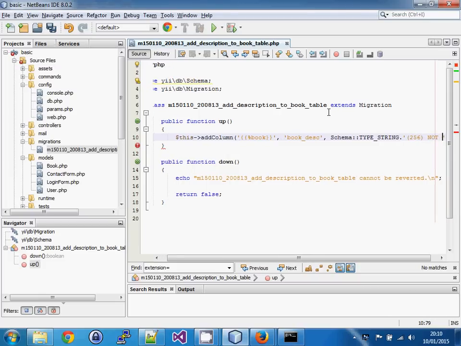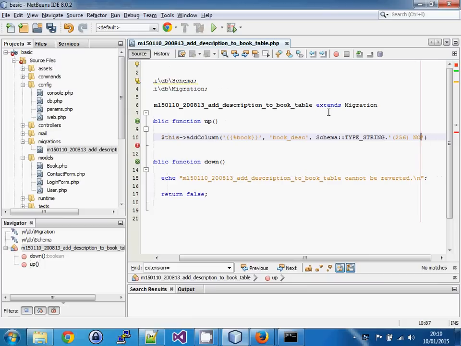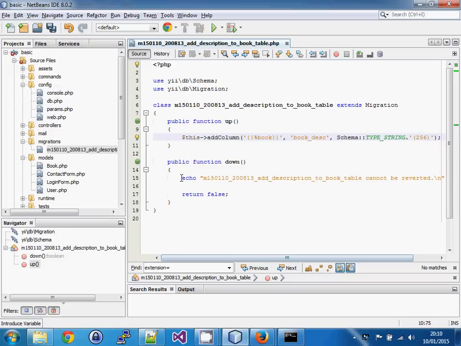I could add not null if I wanted to, otherwise I can just do this, which is fairly straightforward. And then here, sometimes you can't undo what you've done in the up function. If this drops a table, although you could recreate it, that's not really a reversal of dropping a table, because dropping a table removes all the rows as well. So sometimes you can't go down once you've gone up,